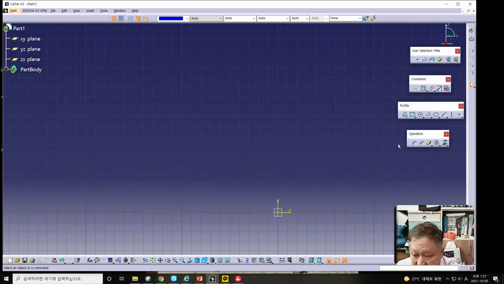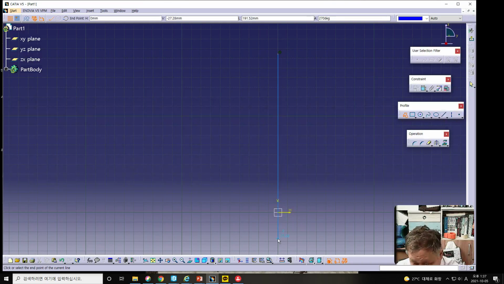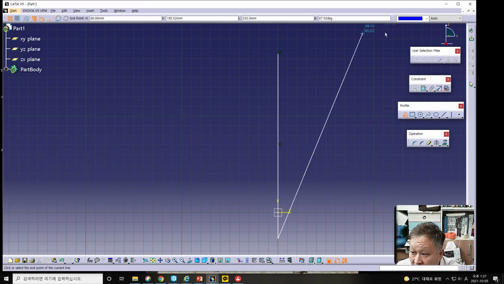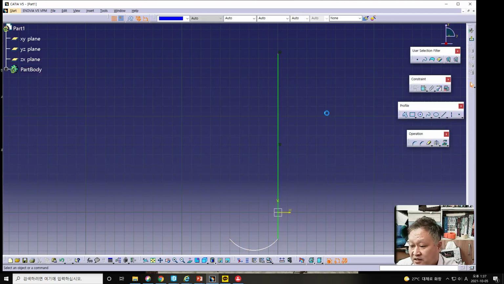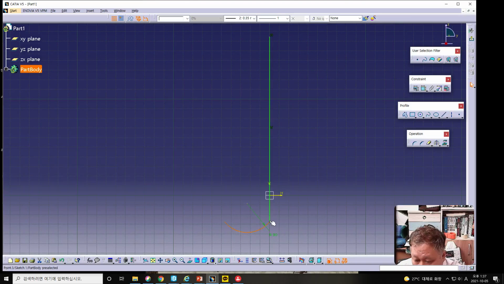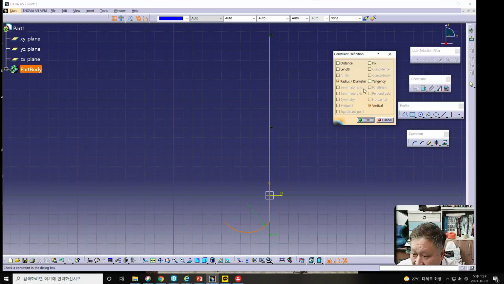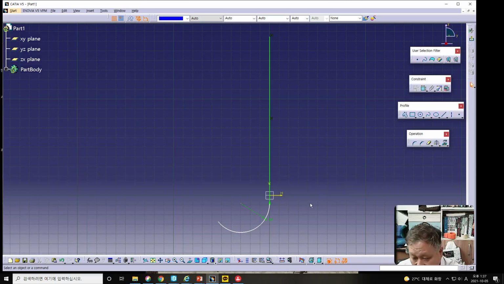this time I will sketch the umbrella handle from this profile button, and we can easily make the umbrella handle from this operation, and the size constraint should be given: the radius should be 30 millimeter, and the curve and the line should have a tangency like this, and